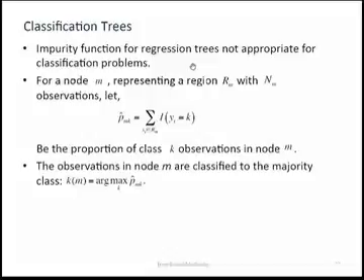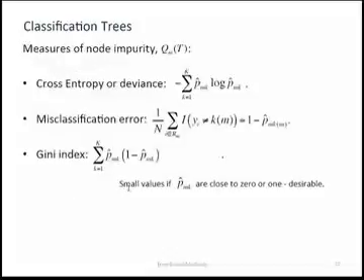Loss functions that we can use for classification and regression. It's the same thing, but now it's called impurity. So we have this cross entropy or deviance. I'm going to show you a picture in a minute here. Misclassification error. So they're all dependent on these proportions. This is going to give a little bit more sensitive idea for how far